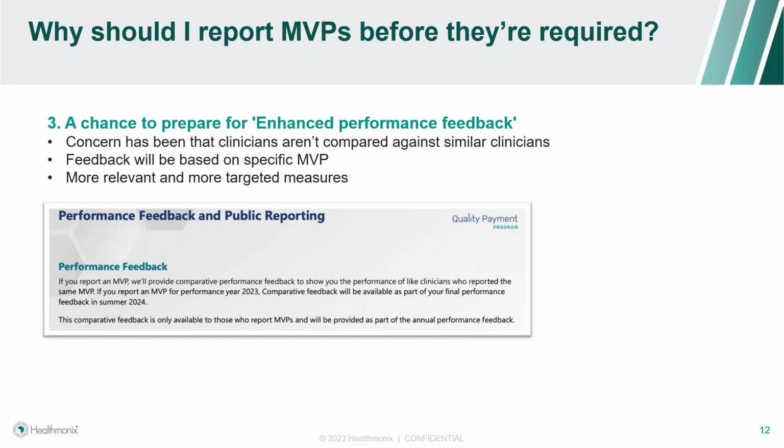Right, so what they're trying to do is compare cardiologist to cardiologist, endocrinologist to endocrinologist, etc. They're really trying to focus in on, if I'm looking for somebody to do my shoulder surgery, and I want to look at quality of care and cost of care, how do I find similar benchmarks? Between the fact that they are going to benchmark within MVPs rather than the general physician or clinician population, and the fact that they really are working towards promoting Care Compare a whole lot more to the Medicare population,